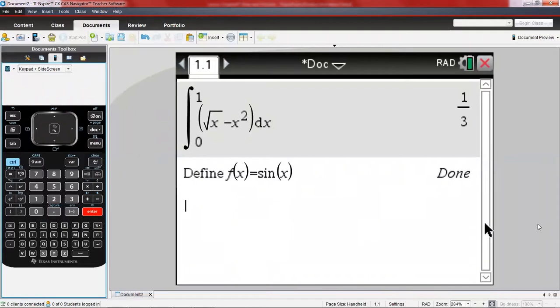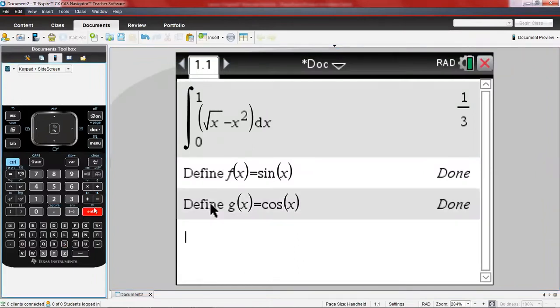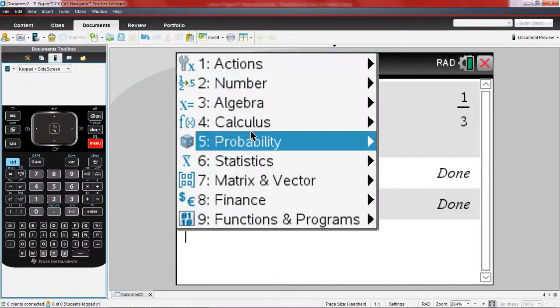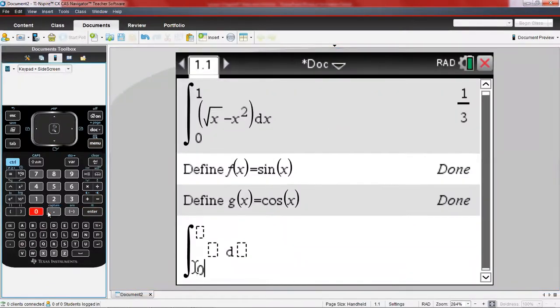Let me just take this out. Yeah, you copy, paste, and then you can put here g, and here the cosine. Cosine, press enter, you define the two. And then the only thing you have to do is the integral. So menu, calculus, integral. So 0,